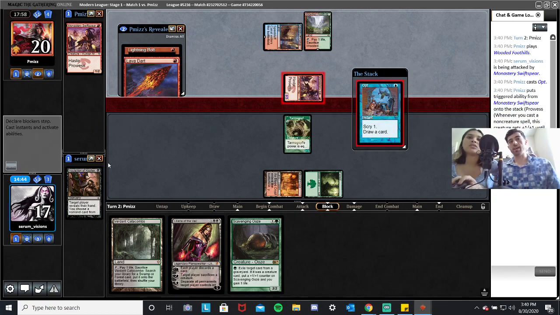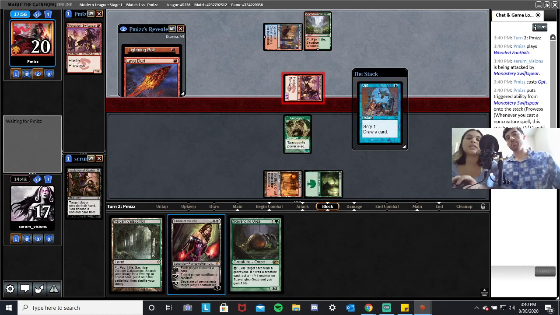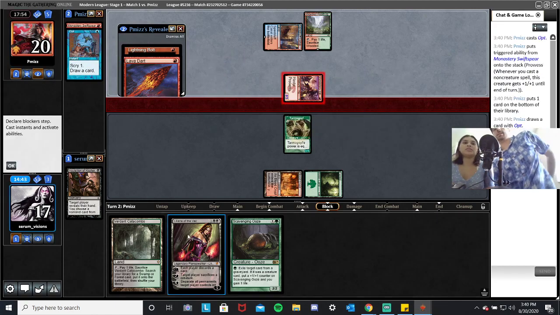And again, no way we're blocking this. Our Goyf is way more important. And plus, we've got a Liliana to kill their thing anyway. I'm just going to...